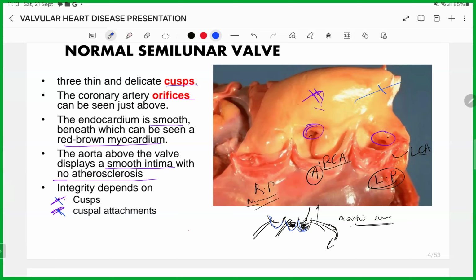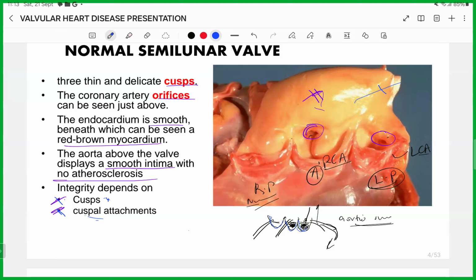Because valves serve like gates, they work like gates, and a gate should open when you want to pass, and it should close after you've passed, so it doesn't let whatever has gone come back. So cusps are the primary integrity, and then you also have cuspal attachments, which are the attachment to the wall of this vessel. You'll find that in some cases the wall may be compromised, and that will therefore